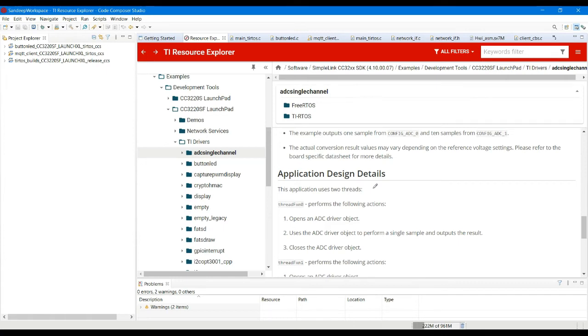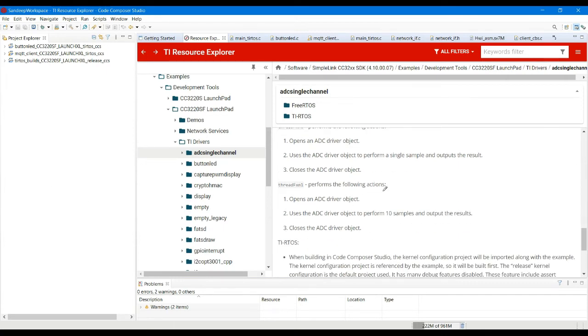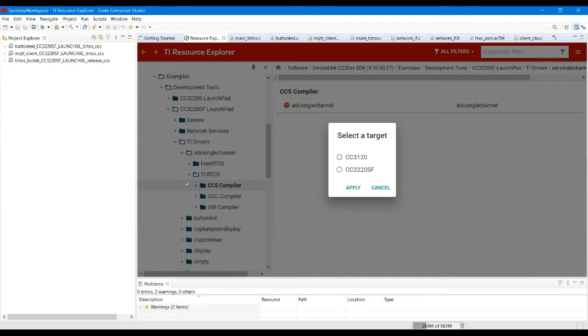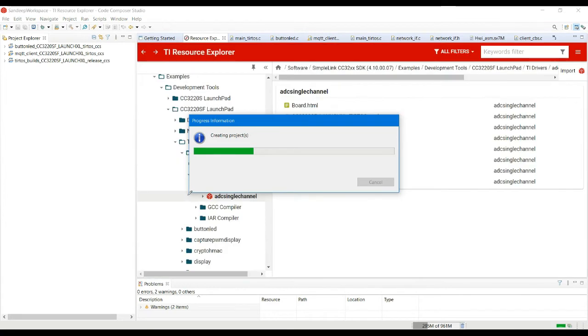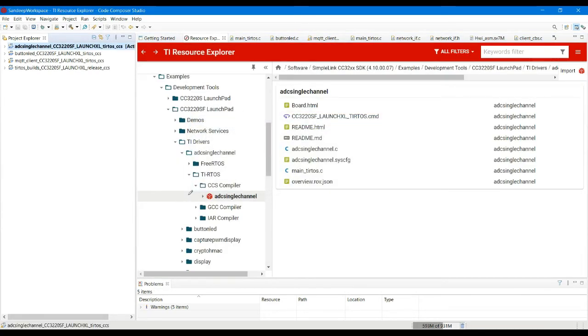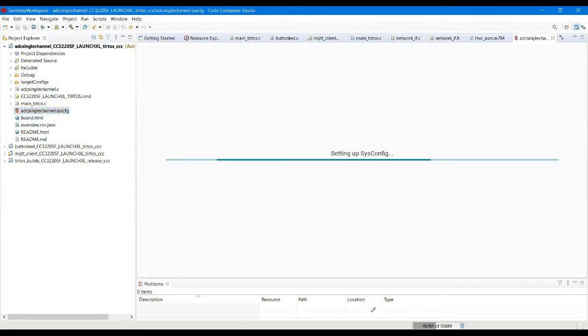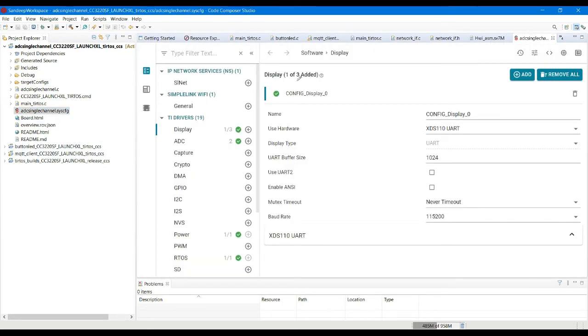So let us now import the particular application and try to run it. Okay, so I have selected to import it. This question will be asked to you, so you can just select your target, and since I'm using CC3220SF, I have imported this. So as you can see over here, it is already imported. So let me first have a look at the sysconfig. Always remember that the system configuration modules, or the modules that have been included, need to be checked first